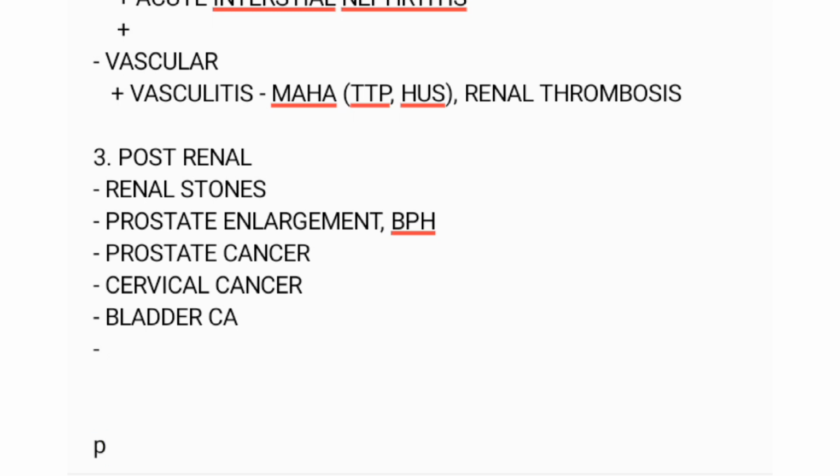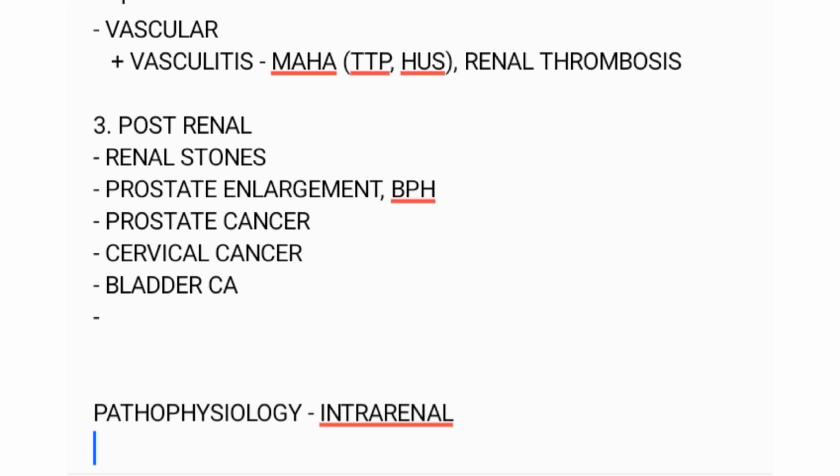Okay. Then we can now talk about the pathophysiology. We are just going to concentrate on the intrarenal pathophysiology. So the pathophysiology is that with prolonged prerenal AKI, of course there's going to be ischemia, which will lead to tubular disease. So when the tubular disease or injury sets in, the injured tubular cells form epithelial casts, which will result in inflammatory reactions, whereby there is an increase in adhesion molecules and leukocyte activation. The neutrophils are also going to be recruited to the area